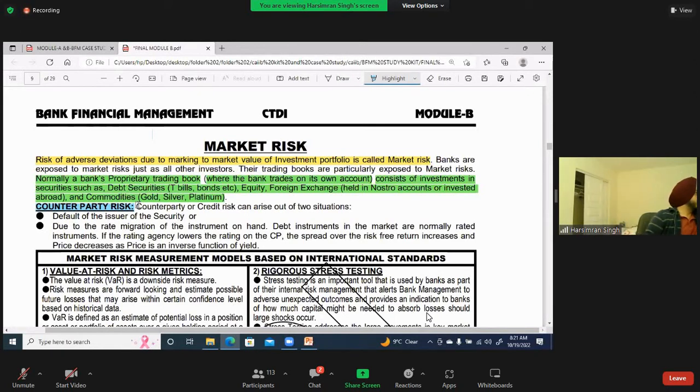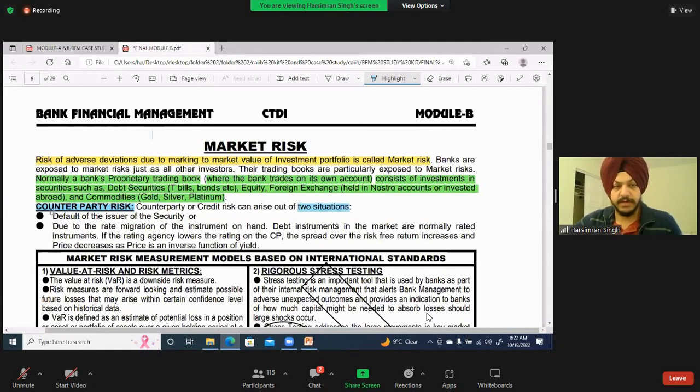I specifically told you that when you buy the bonds of Vodafone, and if Vodafone does not pay principal or interest, one we used to do normal default risk: you give loan to a party and party defaults. And one was a counterparty risk where you buy bonds of Vodafone or Indiabulls or Tata Motors and they do not pay you interest or principal. It is considered as a default. As a result, the price of the bonds will fall down.